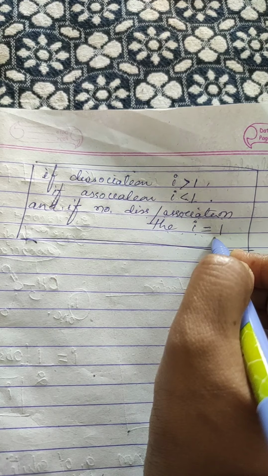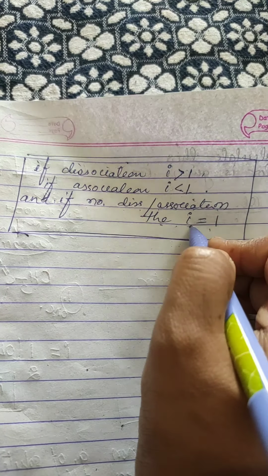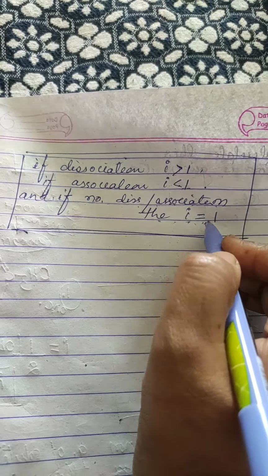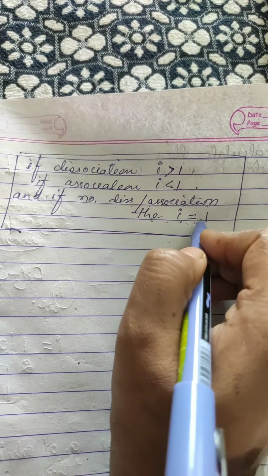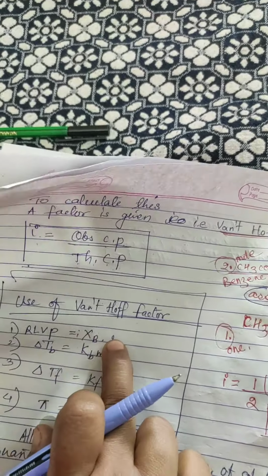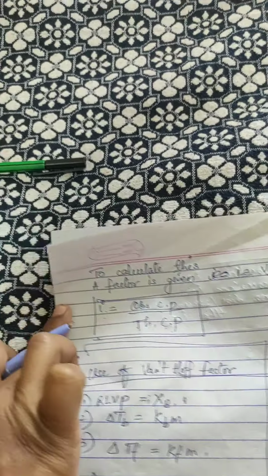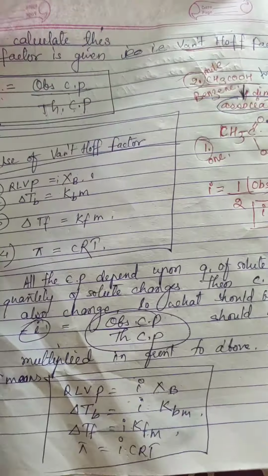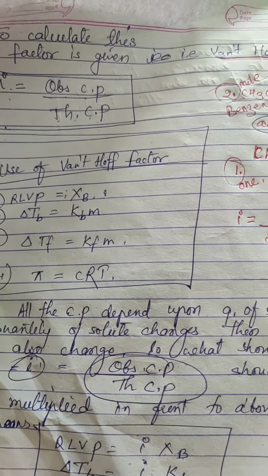Okay, अगर कोई भी सॉल्यूट ऐसा है जो डिसोसिएट भी नहीं होता, एसोसिएट भी नहीं होता, उसका वैल्यू I इज इक्वल टू 1 होगा. अंडरस्टूड? उस केस में ये सेम ही रहेगा, इसका प्रॉपर्टी कुछ भी नहीं बदलेगा, मतलब ये जो है इट विल बी सेम ओनली. ओके, so some of the questions are there, some small numerical problems are there.